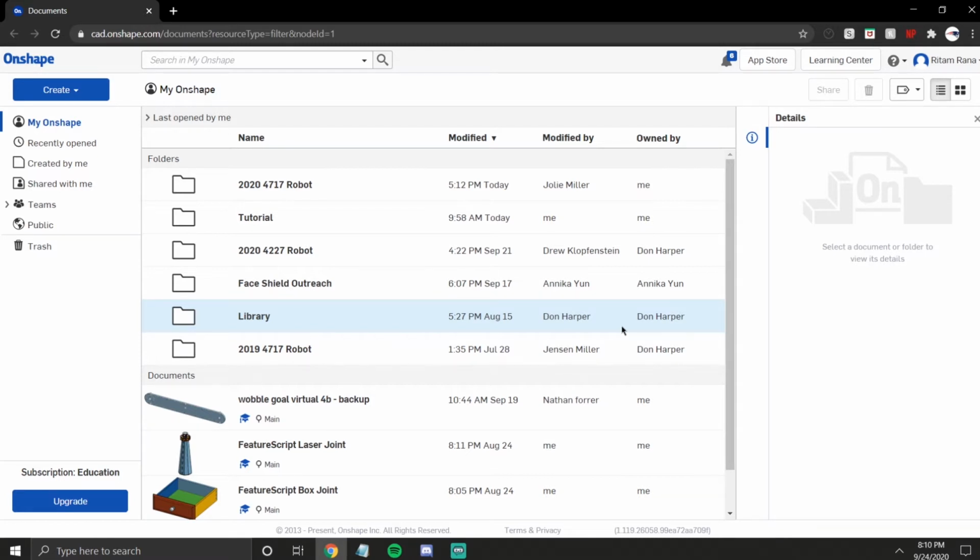Today we're going to be creating a Lego part in Onshape. So to start off, I'm going to be opening the folder that we created in the last video,